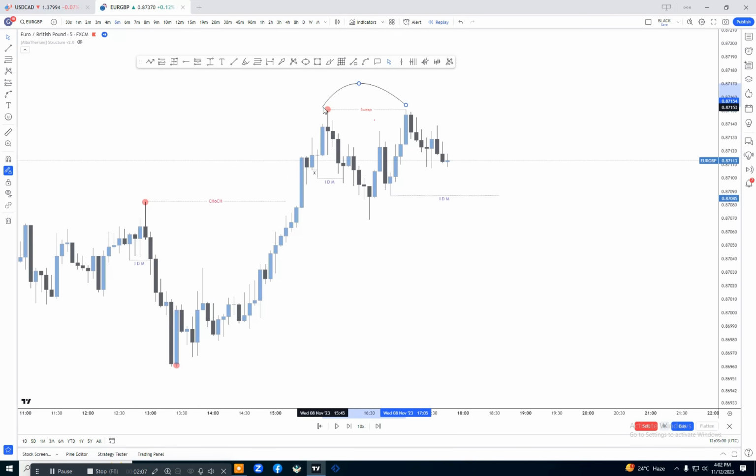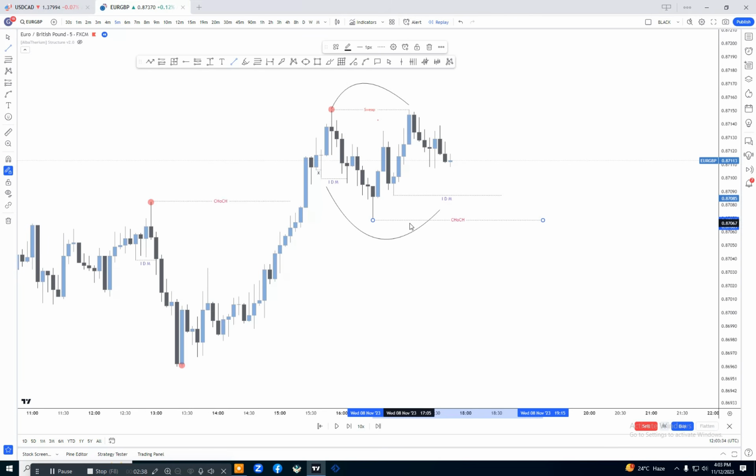Simply our higher high will be transferred from this point to this point, and our inducement will be transferred from this area to that area. It will only be a transformation of the structure; it will not give a breakout structure or a change of character. So in this case, where will be our change of character? Some traders will mark that low after the breakout structure as a change of character. No, this low will not act as a change of character.